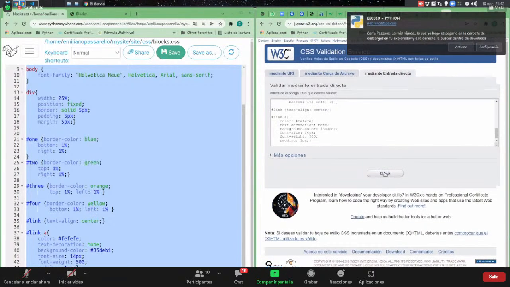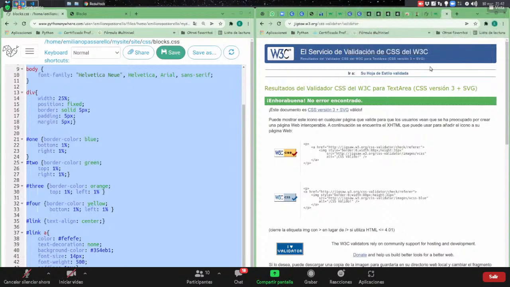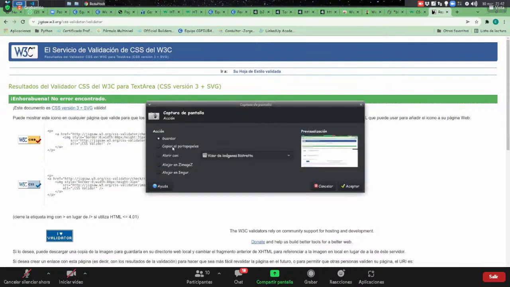¿Me lo chequeamos o no chequeamos? Enhorabuena, no hubo error, no error encontrado. Entonces tengo que hacer una captura de la pantalla de... Enhorabuena. Sí, la verdad que esto es para que lo evalúen otros compañeros, así que lo van a evaluar ustedes cuando